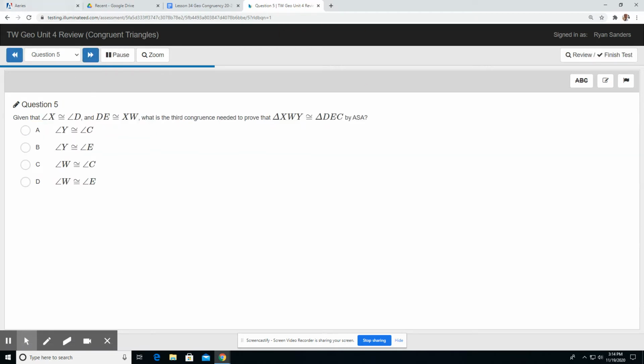All right, given that angle X and angle D are the same, DE is congruent to XW. What is the third congruence needed to prove that? Ooh, okay. So this is the one where you better draw it. So I'm just going to do XWY